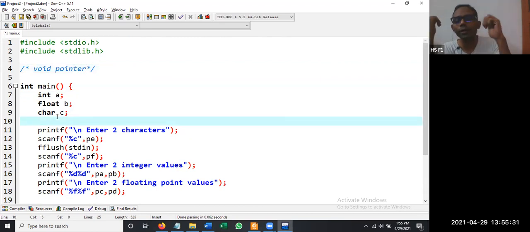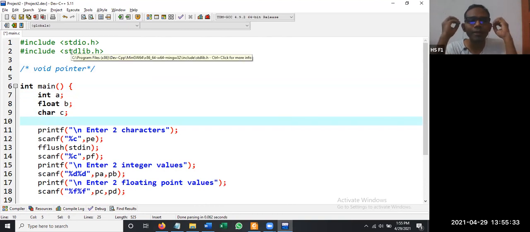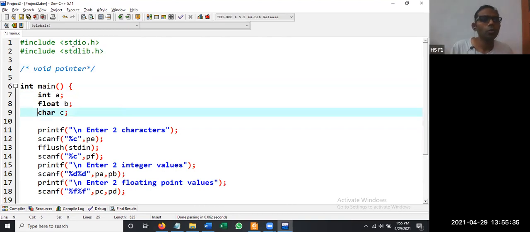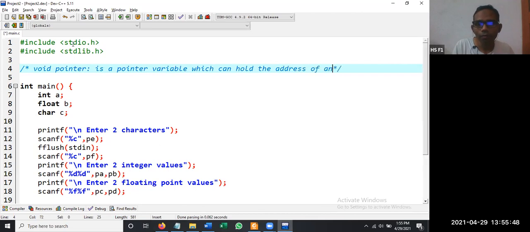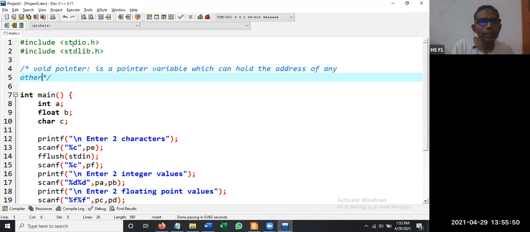A void pointer is a pointer which can hold the address of any other type. So what is a void pointer? It is a pointer variable which can hold the address of any other type. Generally, an integer pointer is going to hold the address of only integer variables.